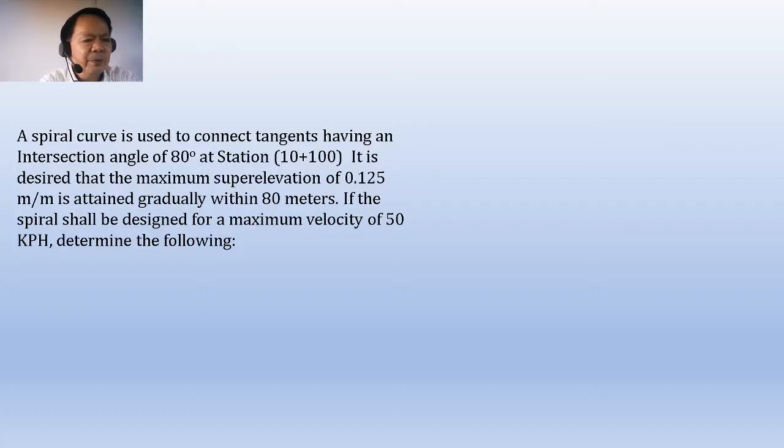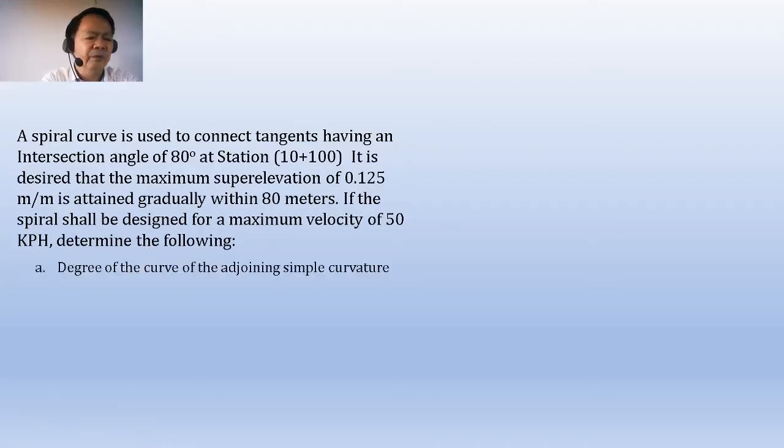So, sabi dito sa problem, there is a spiral curve that is used to connect tangents having an intersection angle of 80 degrees at station 10 plus 100. It is desired that the maximum super elevation of 0.125 meter per meter is attained gradually within 80 meters. If the spiral shall be designed for a maximum velocity of 50 kilometers per hour, we are required to determine